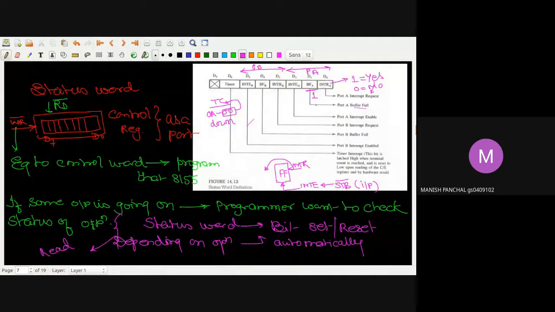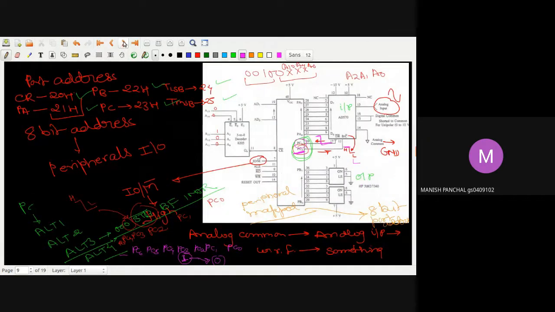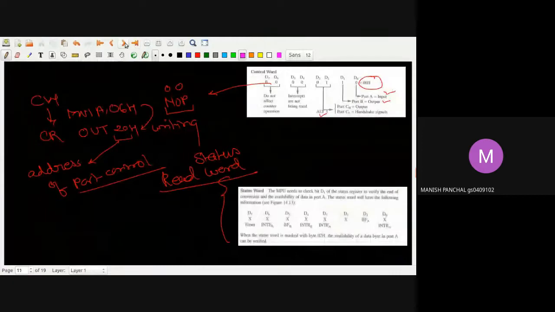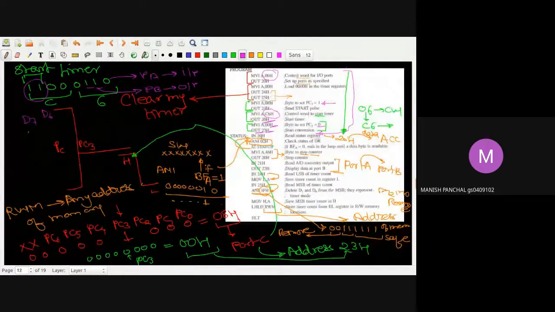If this bit buffer full is 1, मतलब डाटा कन्वर्ट होके मेरा फाइनली पोर्ट ए पर आ गया है। तो इसको ट्रिक क्या यूज करिए अपन ने, वही वाला चीज मैंने आपको बताया था कि आप यहाँ पर मास्किंग करो। तो मास्किंग किस बिट पैटर्न से करी, 02 से। कोई बताएगा 02 से क्या है, क्योंकि ये बफर फुल को मेरे को चेक करना है, क्योंकि ये वाली बिट जो होती है स्टेटस वर्ड में बफर फुल के लिए रहती है।